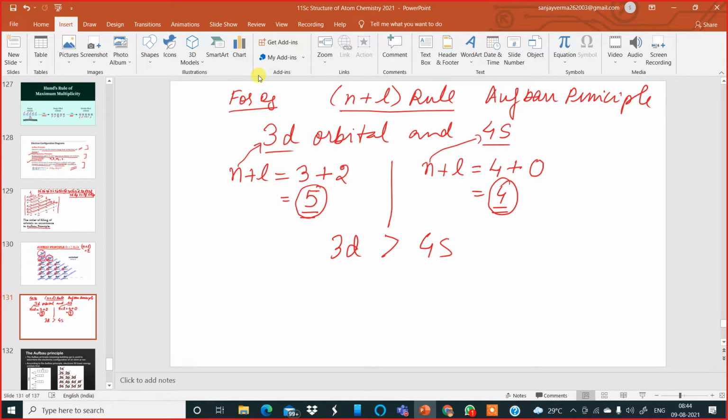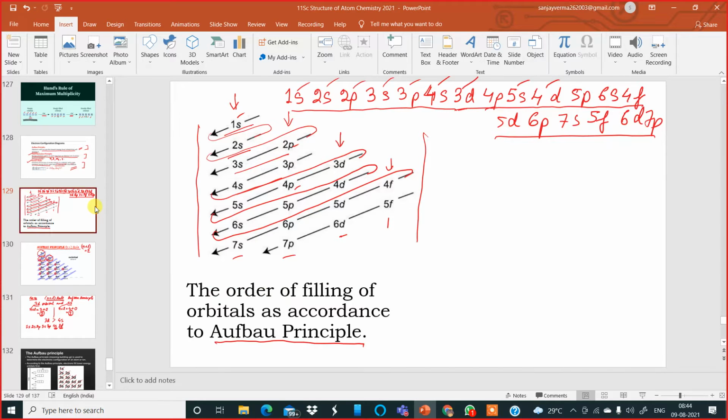That is why, while writing the increasing order of energy of orbitals, we write 1s, 2s, 2p, 3s, 3p, then comes 4s, then comes 3d. Look over there. See, this is what I was trying to explain. That is how we compare the energies of the different orbitals according to the above principle using the n plus l rule, which you have seen in the previous slide. See, 3d is coming after 4s and then comes 4p. So all these have been calculated by using the n plus l rule under the above principle.